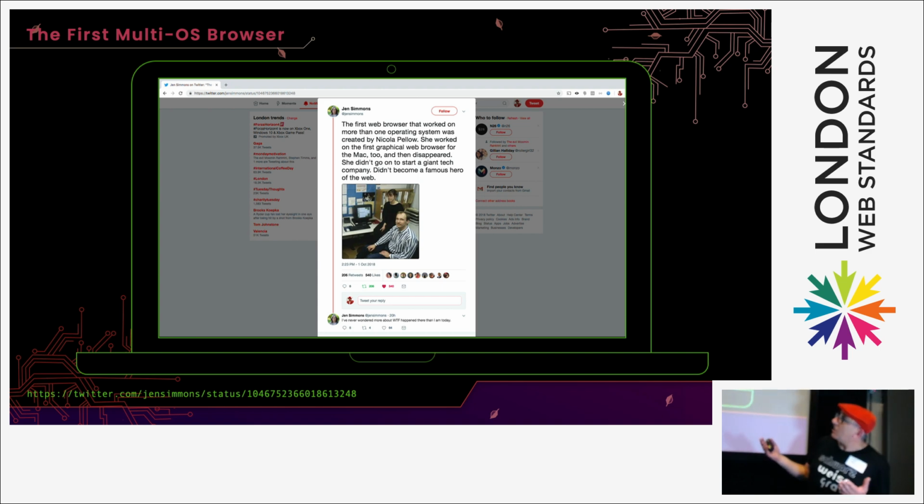The next web browser was built by a young lady called Nicola Fellows, brought in by CERN to work on that, and it was built by her to work on all of the operating systems that were around, making it global. The talk from last week in Brighton, just go to Jeremy's website and you'll find it. It's like a 45-minute talk about how they went to CERN and rebuilt this browser from scratch. And it's really interesting.